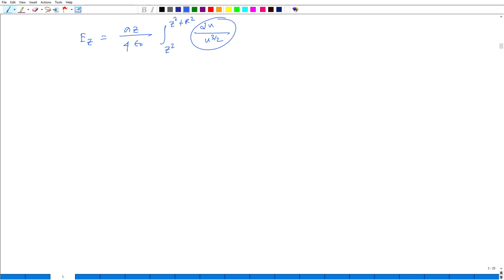So, then it is easy to solve this integral, okay, just you know what is the result of these integrations. So, sigma z over 4 epsilon naught times u to the power minus half divided by minus half, right, and the limit is z square to z square plus r square, upper limit and lower limit. So, finally we get minus sigma z over 2 epsilon naught times 1 over the square root of r square plus z square minus 1 over